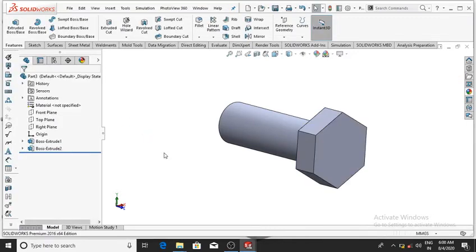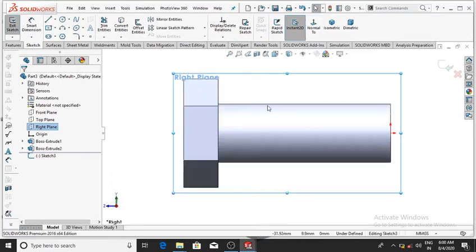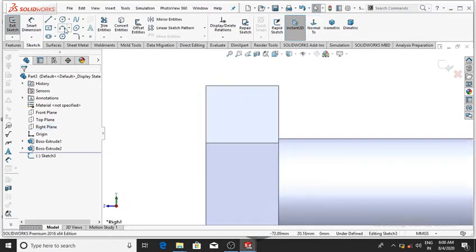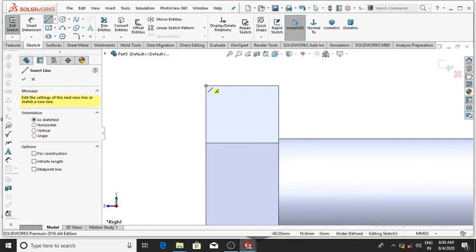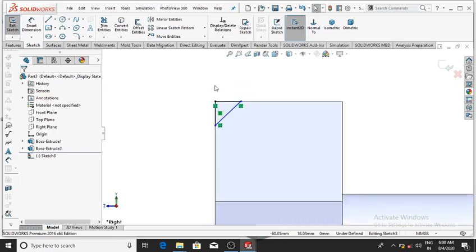Now select the right plane, sketch, then normal, and go to the line, select this line up to this line to this line, and make this line 1.5 mm.